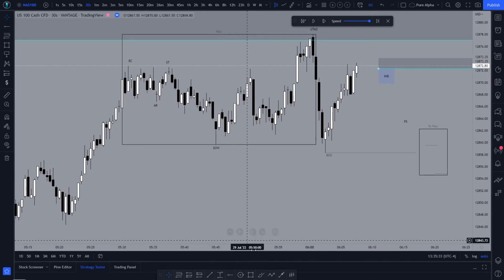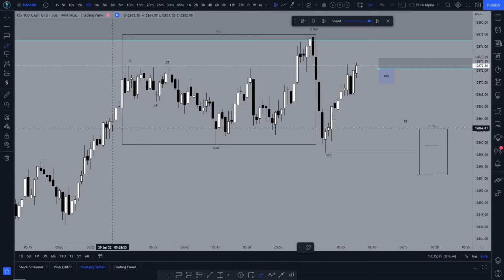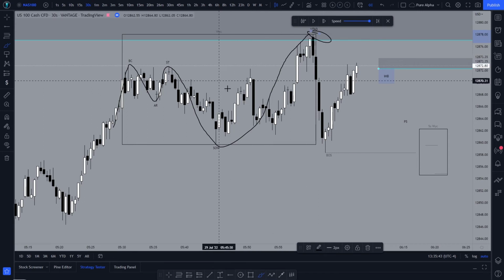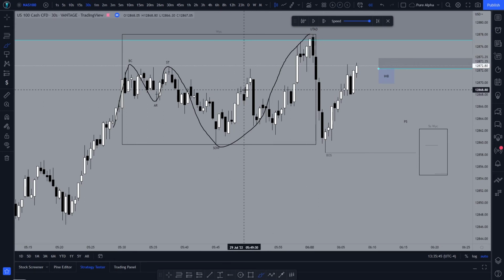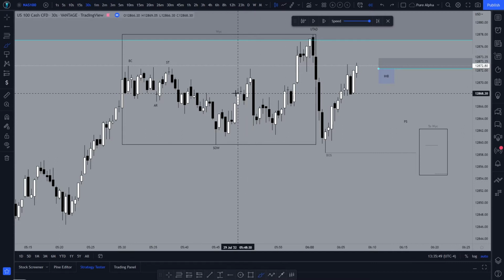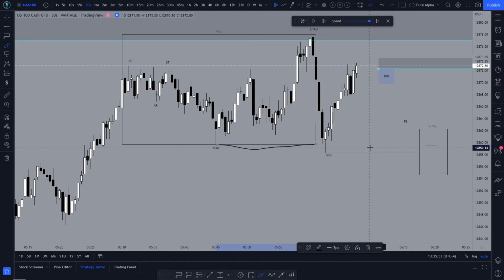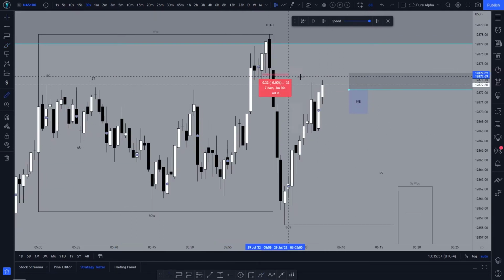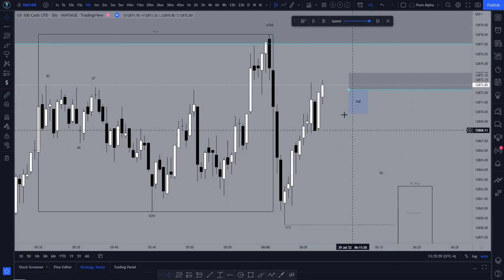So we ended up having a Wyckoff distribution schematic play out right over here at UTAD. So this is distribution schematic number 2, since we actually didn't have 2 raids on highs, we only had a UTAD, not a UT and a UTAD, which is just an upthrust and an upthrust after distribution. So notice how price went beneath our sign of weakness over here, confirming this overall schematic. First potential entry you could have taken was up here upon the test.